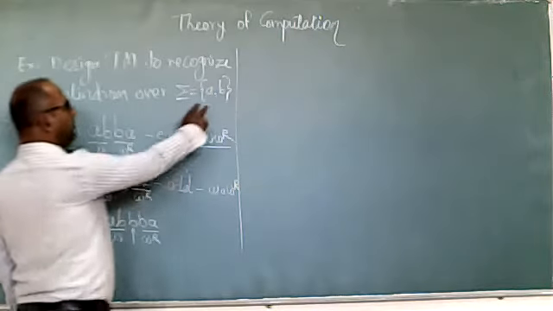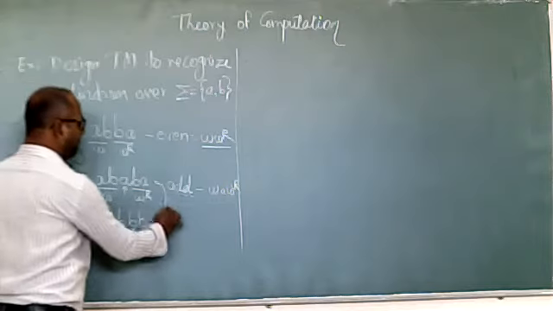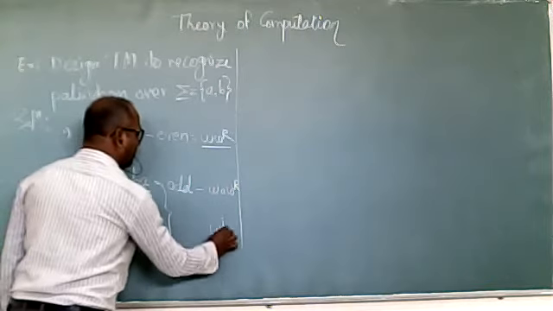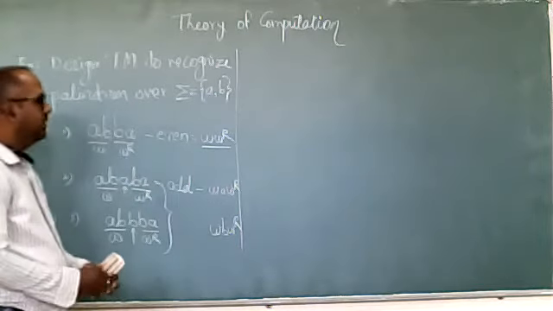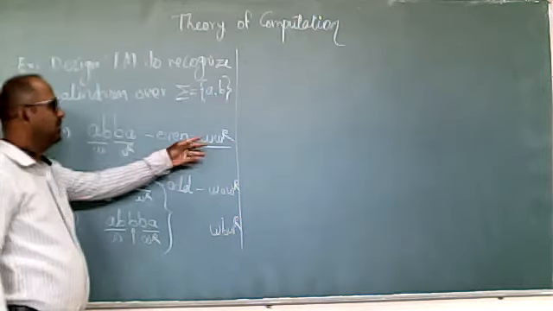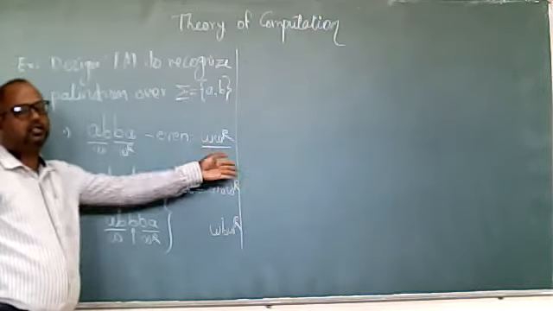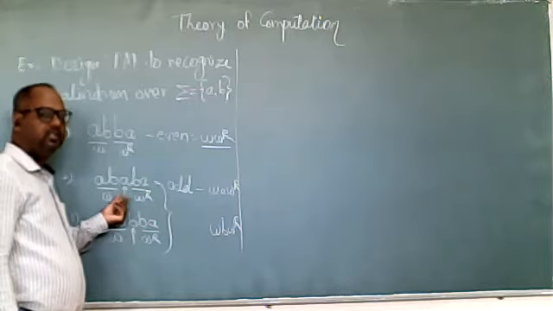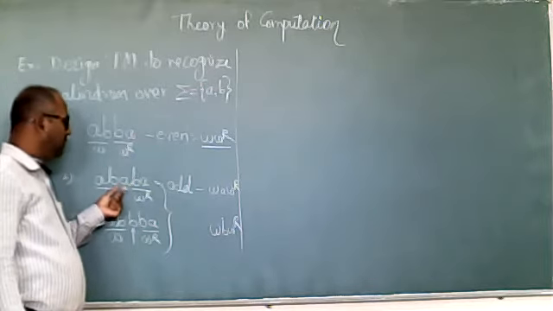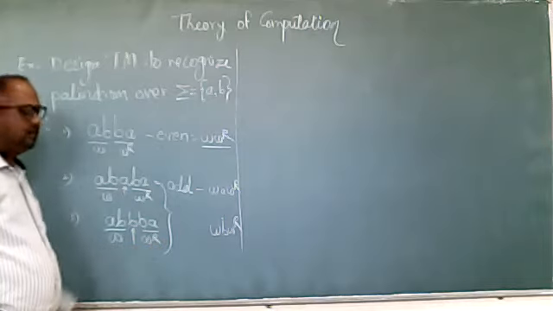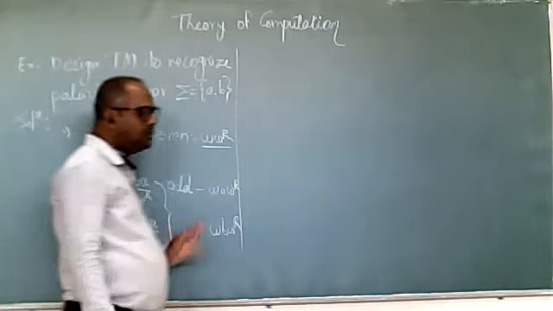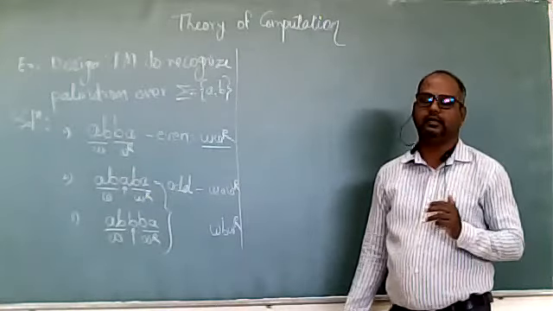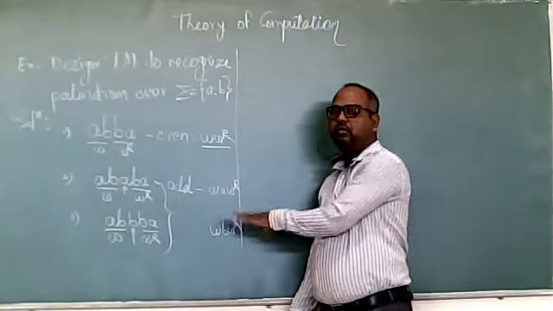So if we have two input alphabets, three types of palindrome we will get: W b W^R. First is the even size palindrome, W W^R, the first half part and the other being the reverse of that half part. Second is W W^R with the first input alphabet in between. We have the two, a and b, so a will be there, and here b will be there. So at the end we get these three types of palindrome with the help of input alphabets a and b. This is very important to understand.